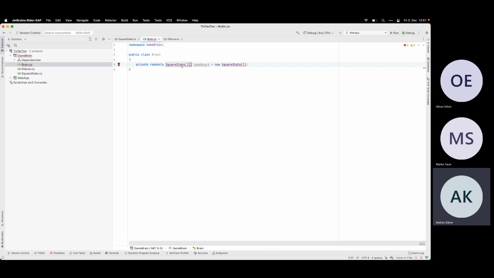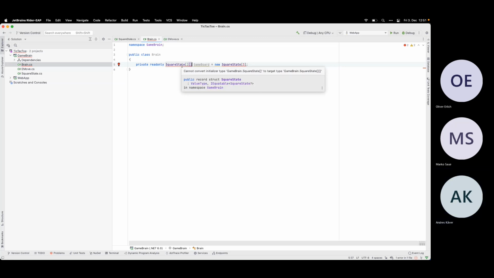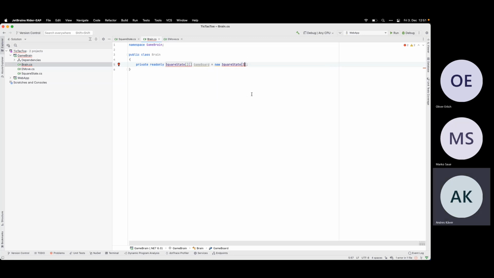Like this? Square state. Yep, like this, I think, if I remember correctly. And this is our game board.